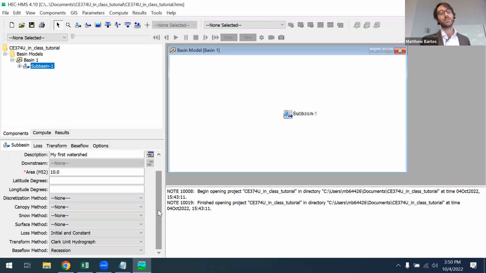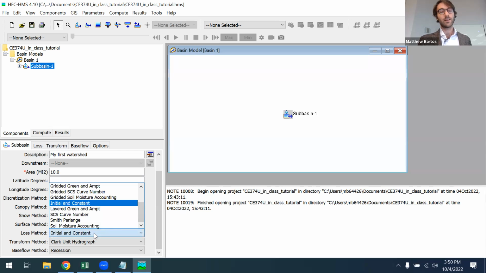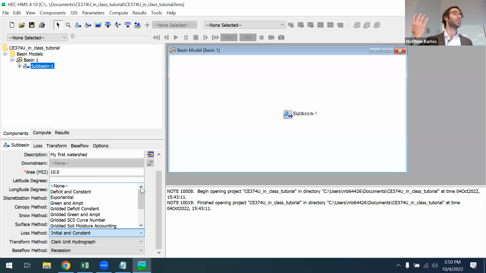What we do have to change is these bottom three components here. So the loss method, the transform method, and the base flow method. Okay, so let's take a look at the loss method. What the loss method describes is essentially the model used to compute infiltration. So it's the amount of rainwater that is being lost to infiltration.